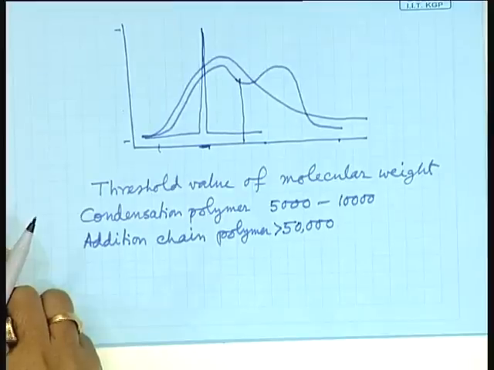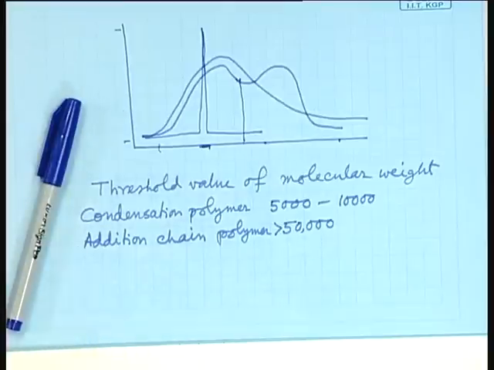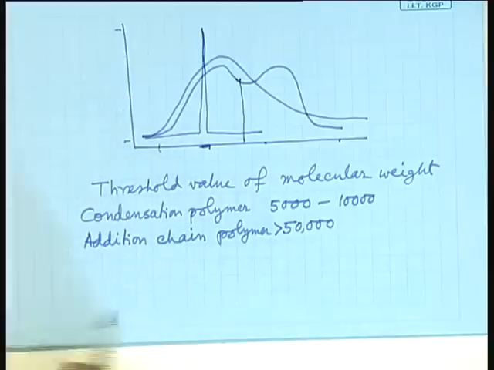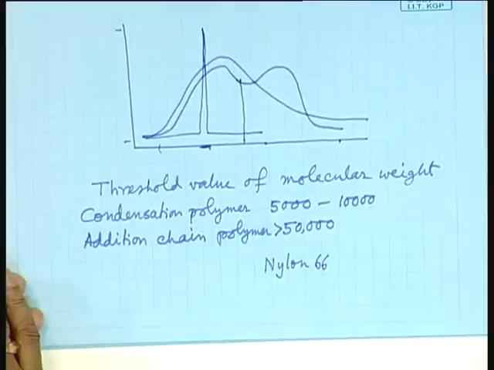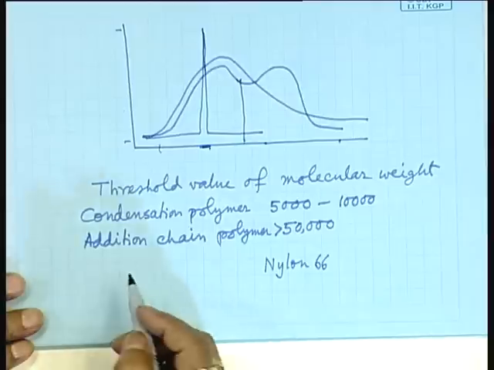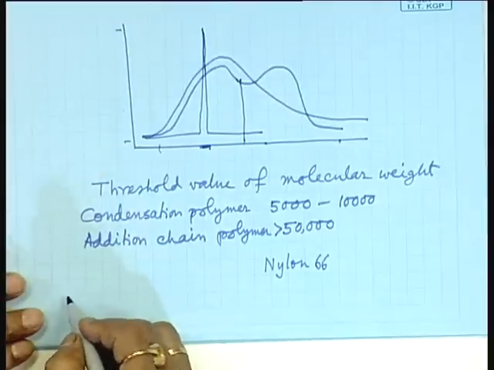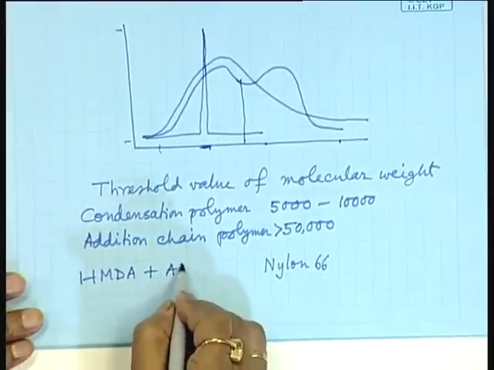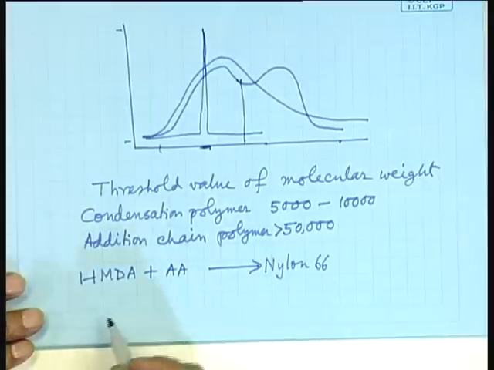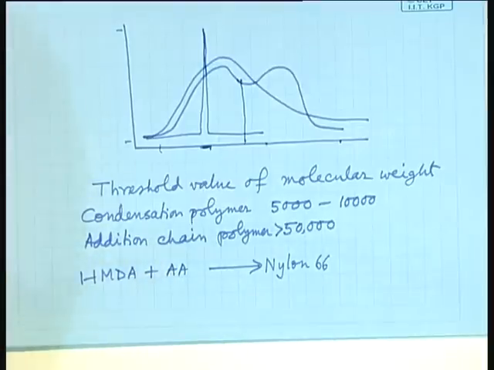Why is it so? Suppose you are synthesizing nylon. How is nylon synthesized? Say for example, nylon 66. Nylon 66 is made from HMDA and adipic acid. Initially, for nylon synthesis, what is done? A nylon salt is made. When these two are dissolved in a solvent and the two solutions are mixed, immediately it will form a salt,